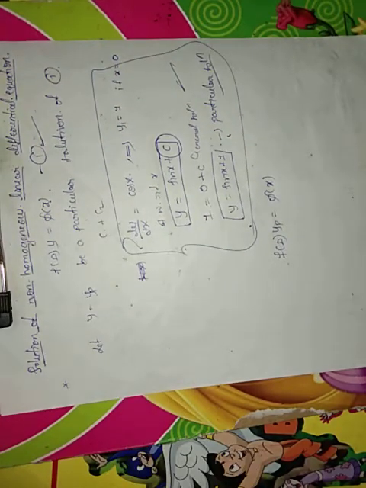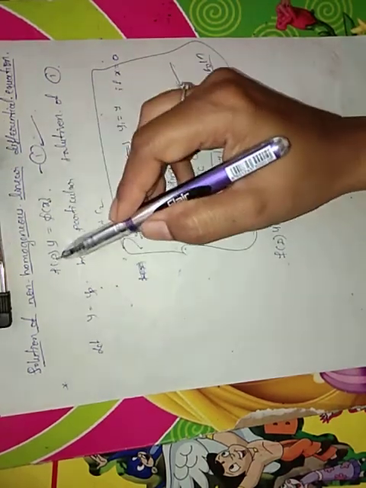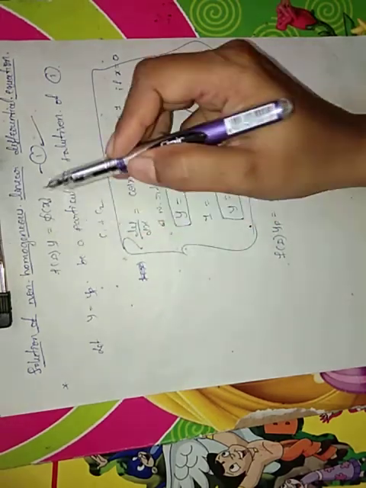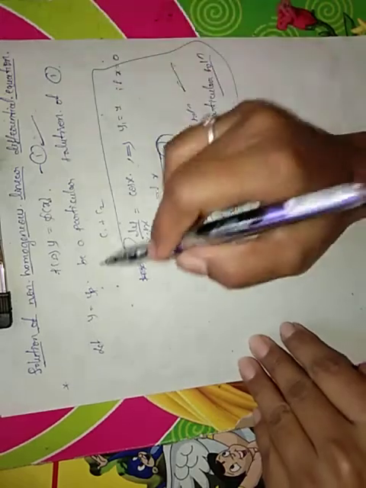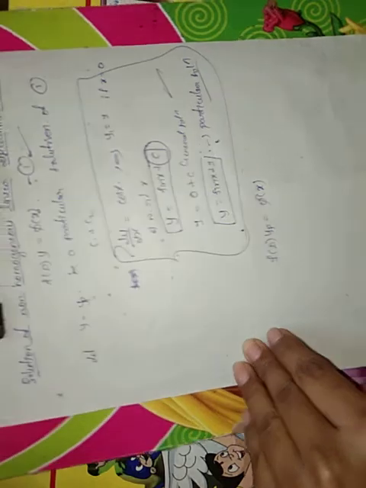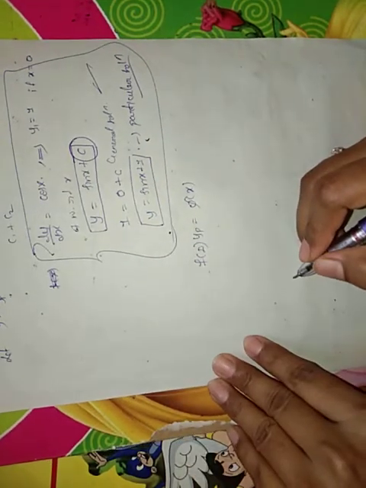I told it clearly in the previous class. If any two roots are present, those roots should satisfy the given equation. Then only are they called a solution of the given equation. Suppose yp is the solution of this equation, then it should satisfy this equation. Satisfy means if you replace y by yp, then the LHS must be equal to the RHS. So we consider yp as the particular solution of this equation, which means it satisfies the given equation, so f of D of yp equal to psi of x.